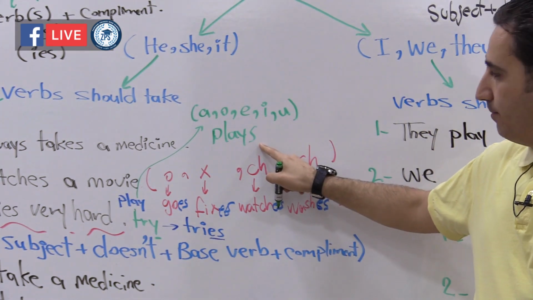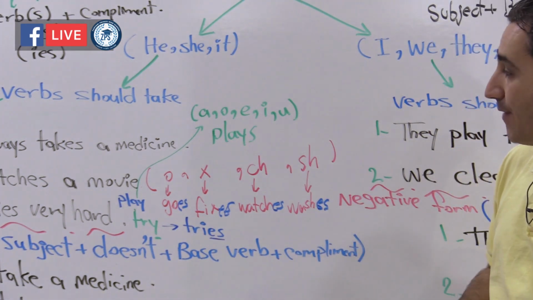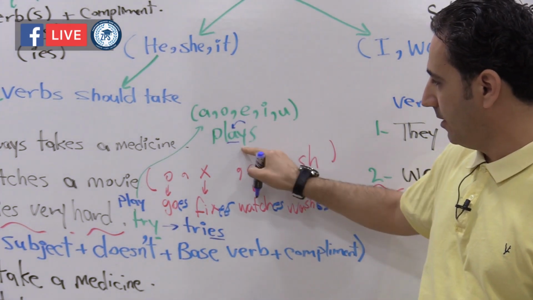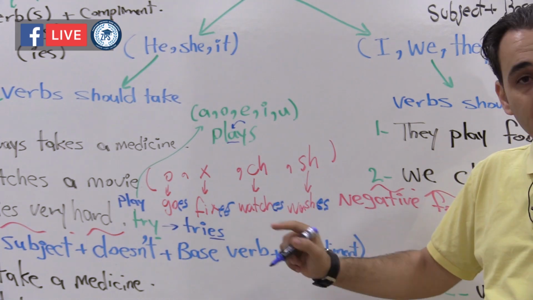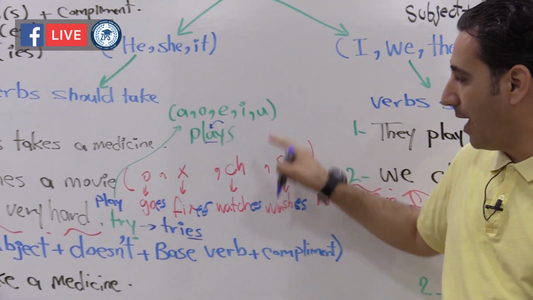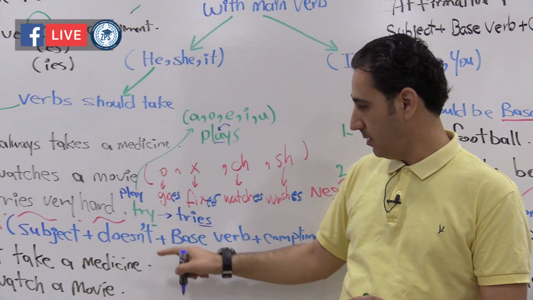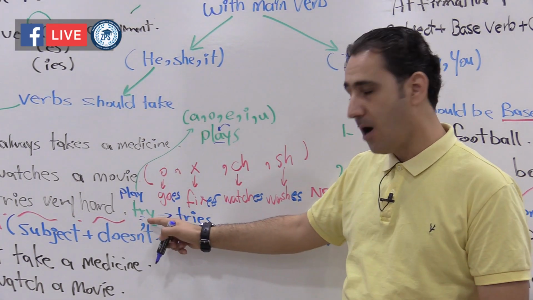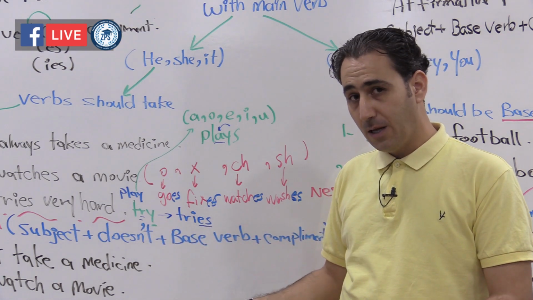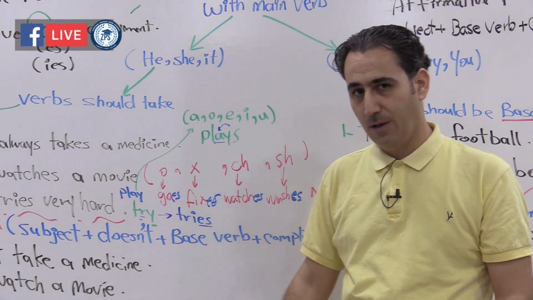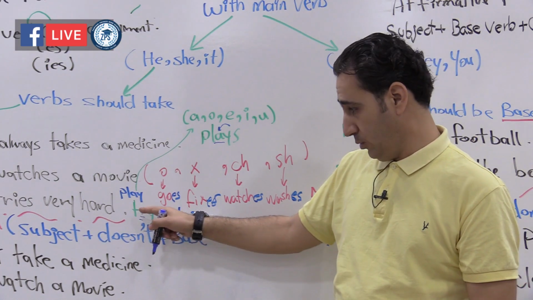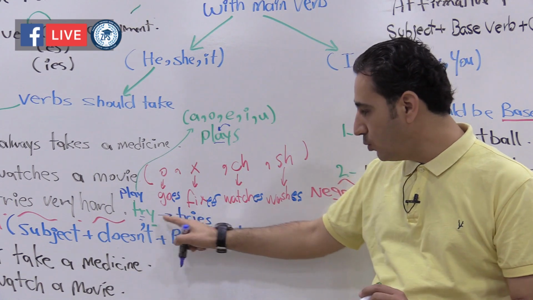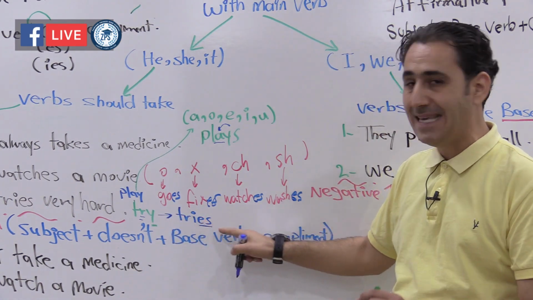Only S. Because there is a vowel before Y. But try is try. Is R a vowel? No, it's not a vowel. So if you do not find a vowel before Y, you should change Y into I, then add ES,